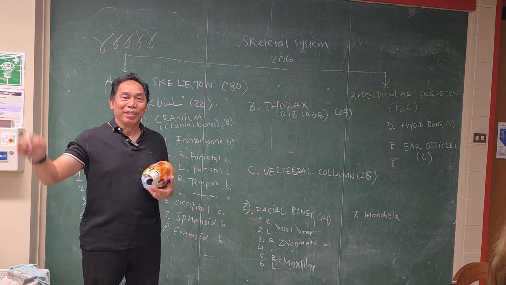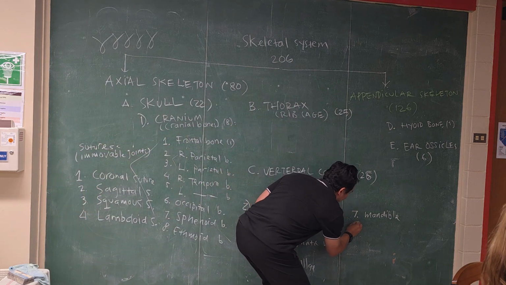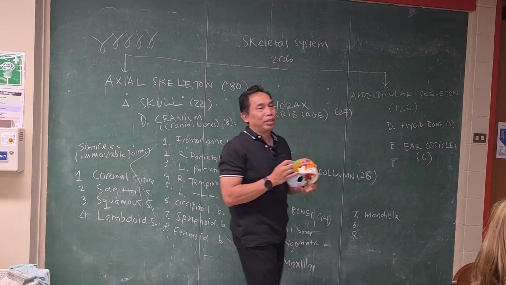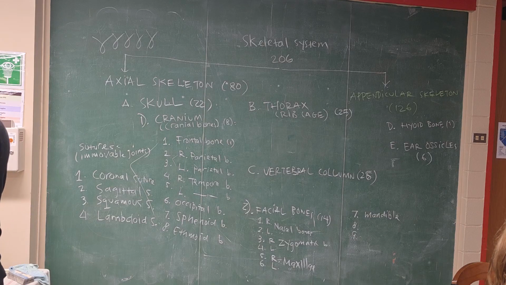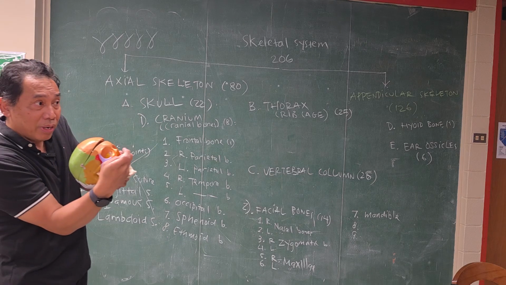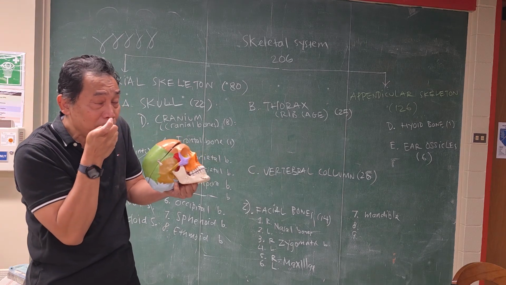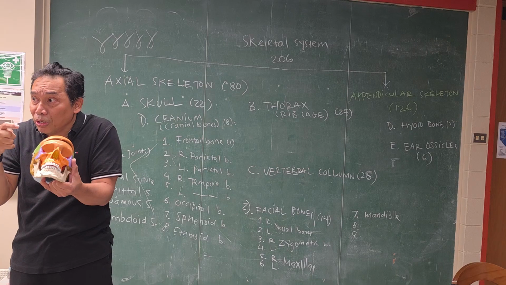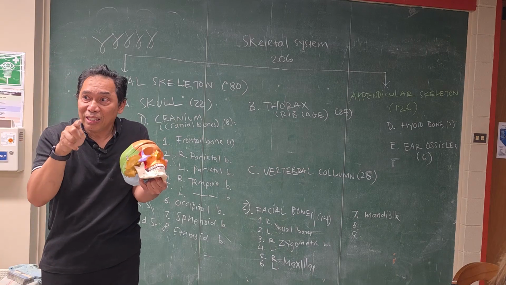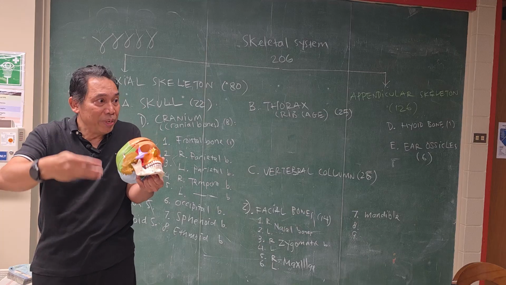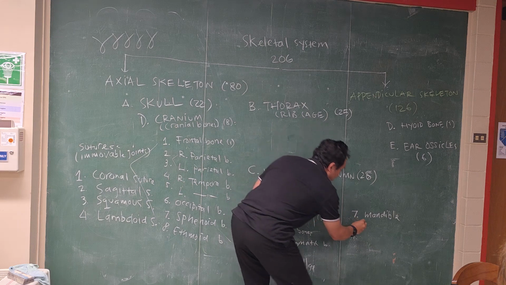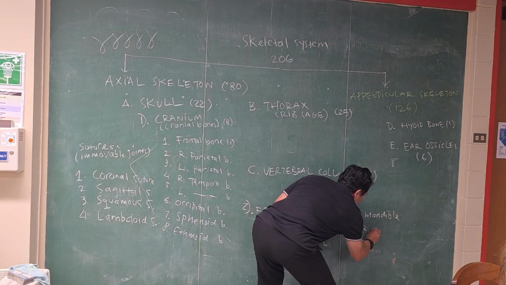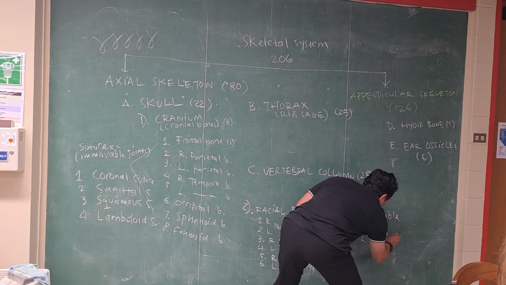7 so far, right? Number 8 and 9. It's going to be left and right. Okay? It is inside our nasal cavity. You have bone that looks like a hook on the left and on the right. It is actually very important. When the air enters into your nose, it will be circling, giving a little bit of humidity, right? So that bone is called the right and left nasal conchae.